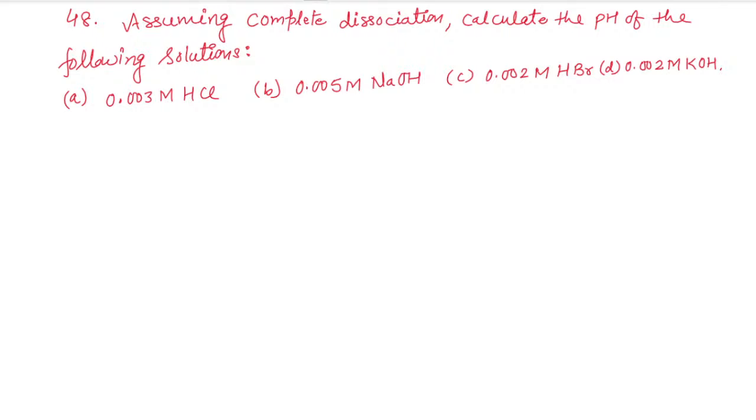Now question number 48. Assuming complete dissociation, calculate the pH of the following solutions. See, it is already mentioned complete dissociation. So first is HCl. So on complete dissociation,